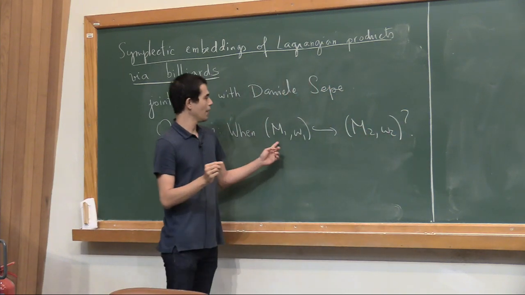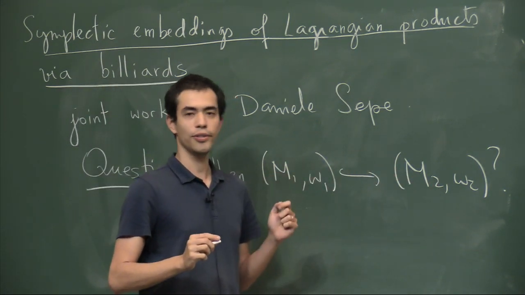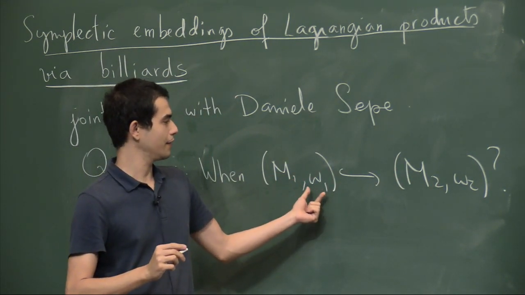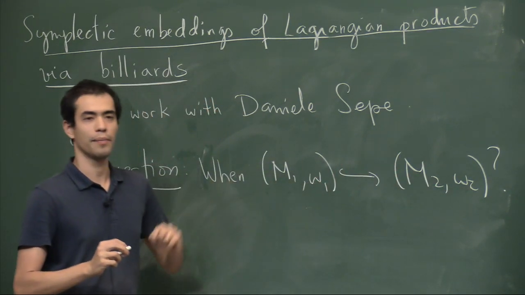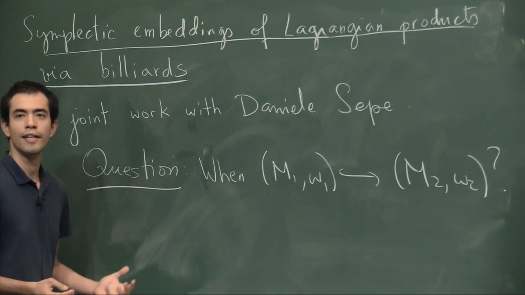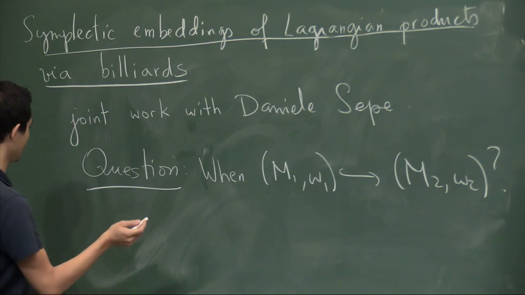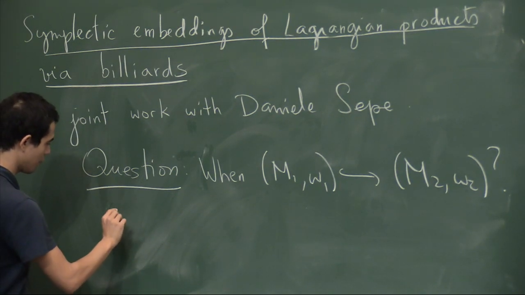So that means when there exists a smooth embedding of M1 into M2, which preserves the symplectic form, or in other words, the pullback of omega 2 is omega 1. So that's the general question. And the first answer to this question was given by Gromov in a very famous theorem. So if we call